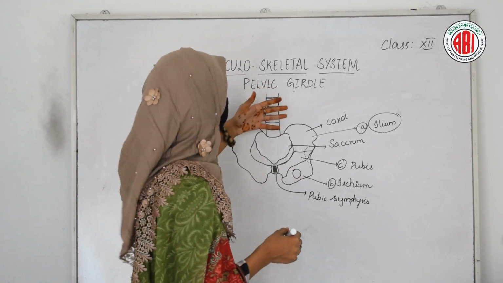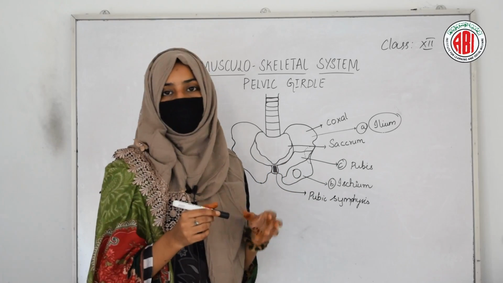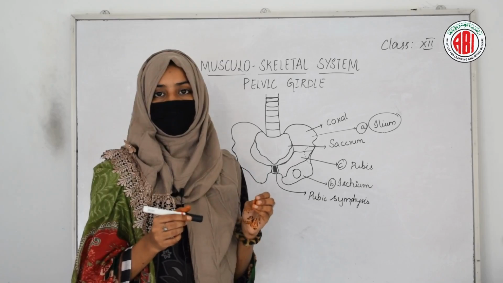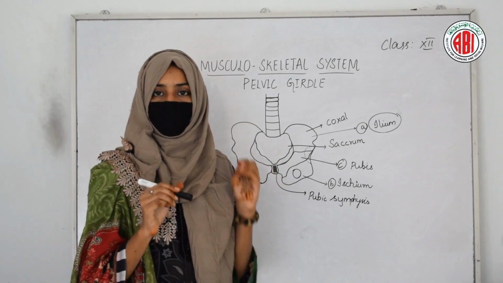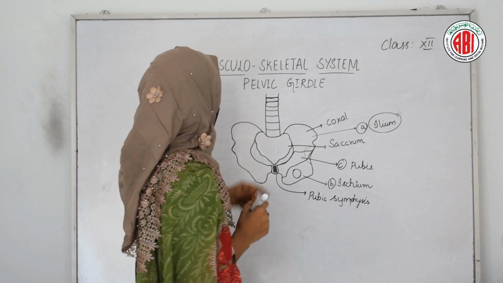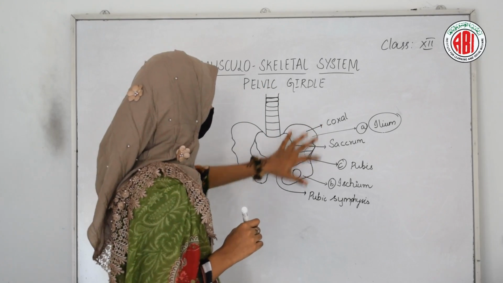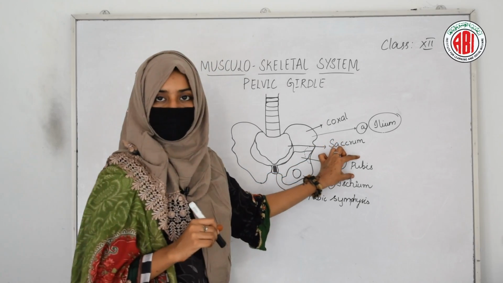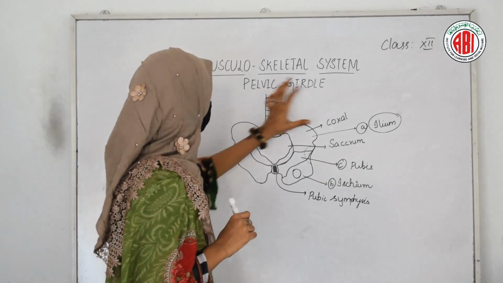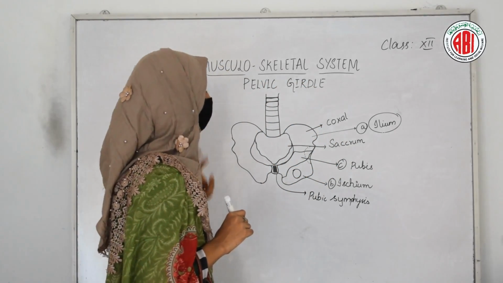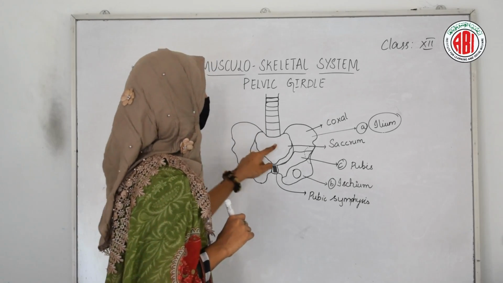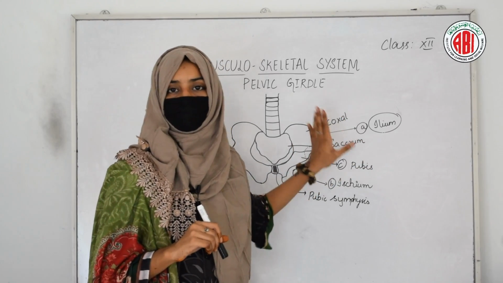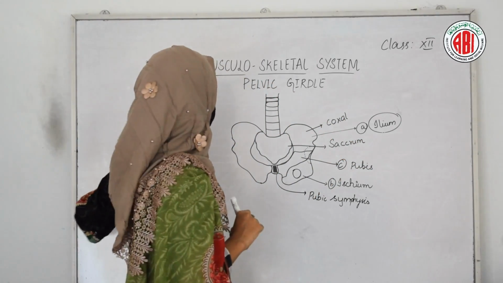But there is another place where the joining of legs can be seen, where we can see the joint of our lower limb, right? So you need to remember these three regions of the coxal bone: ilium, ischium and pubis. Now, besides the coxal, there is one more bone present in the pelvic girdle, and that is the sacrum. So coxal and sacrum, these two are the major bones found in our pelvic girdle.